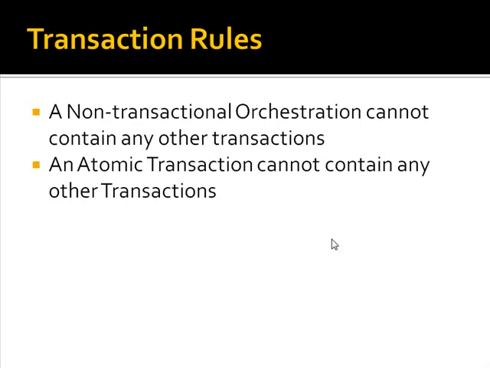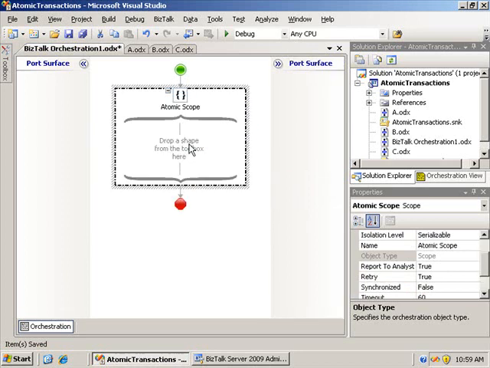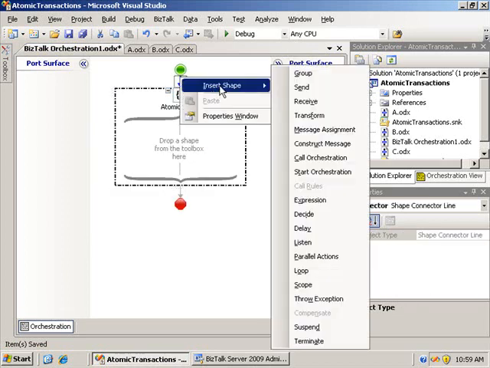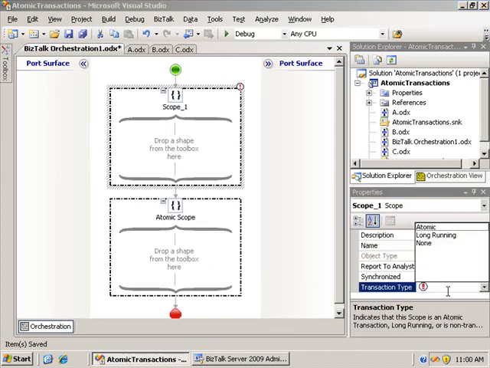So, second rule of transactions: an atomic transaction cannot contain any other transactions. That's down to the lowest level, and it makes sense because we want what happens within this atomic transaction to take place in one sequential unit, so we can't break it up into any other levels. Now I can also drop in another scope, and I can make this a long-running transaction,